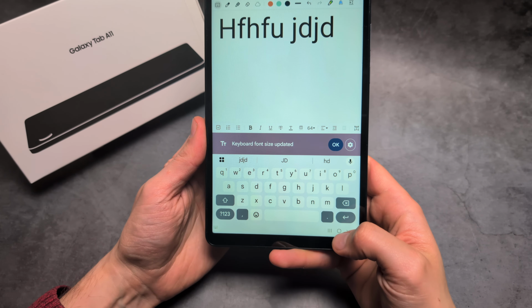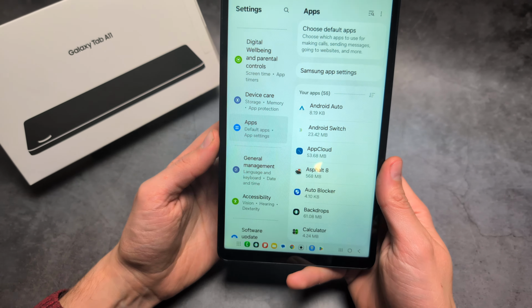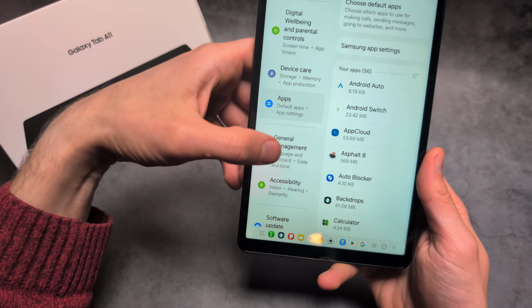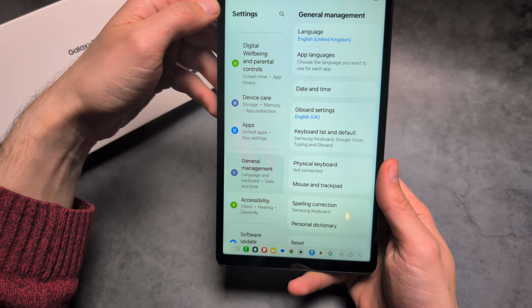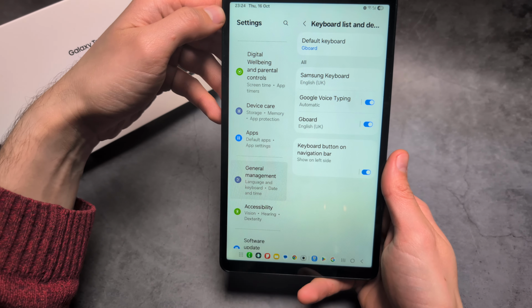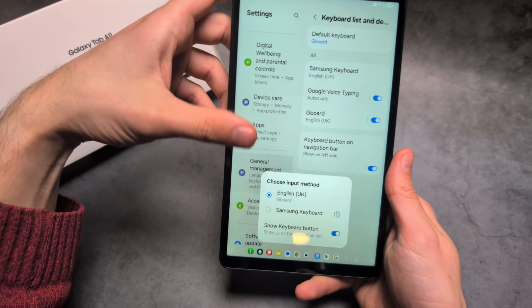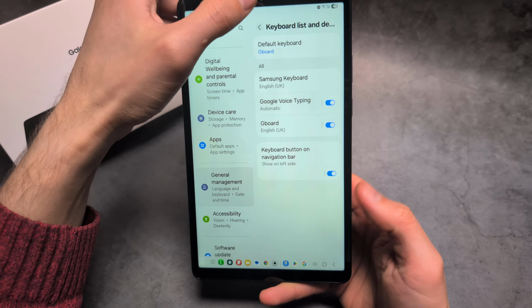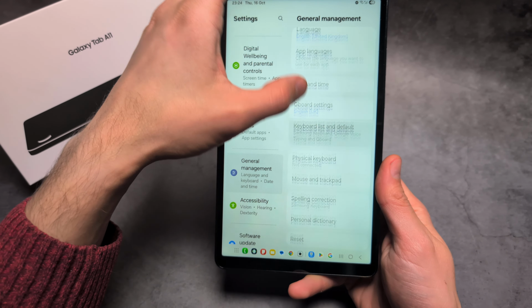thing at any moment. If you need to change some settings for the keyboard, for the GBoard, we can go in settings, general management, keyboard list and default. So you see, we can also set it here and also change some other settings about it as well